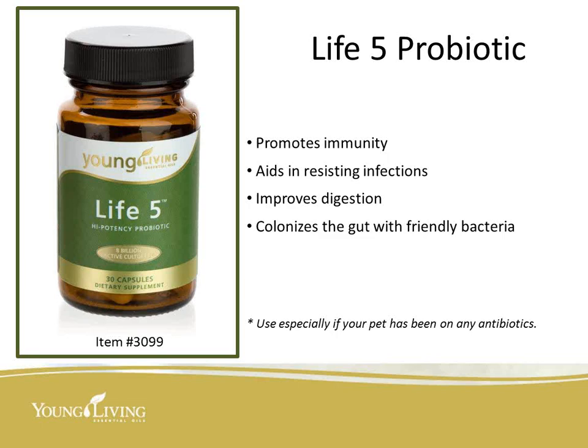Please, this is wonderful because this promotes immunity. This product aids in resisting infections. It improves our digestion, and it colonizes the gut with friendly bacteria. Now, those of you that have ever had to put your pet on an antibiotic, what is really amazing is that pets and humans, when we go on an antibiotic,